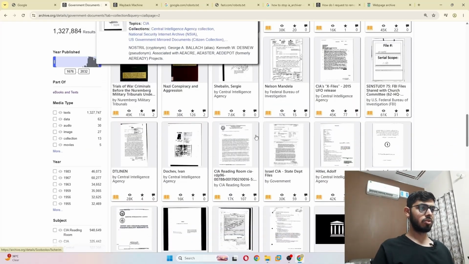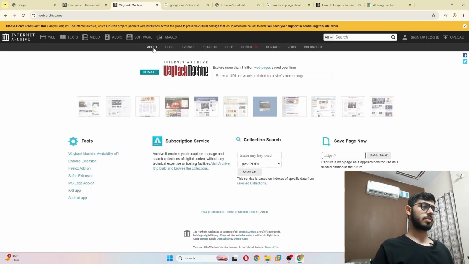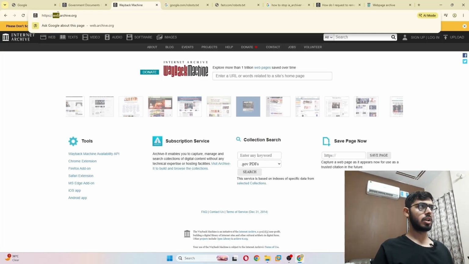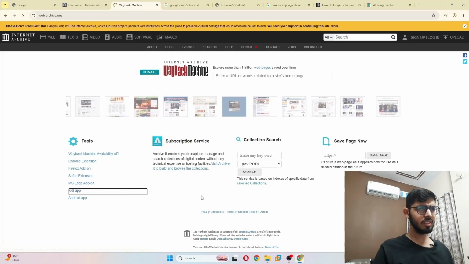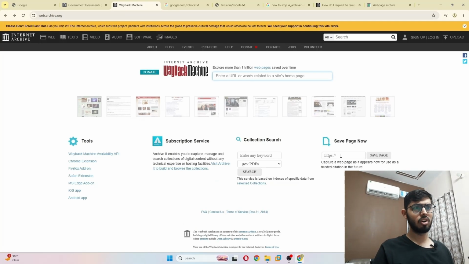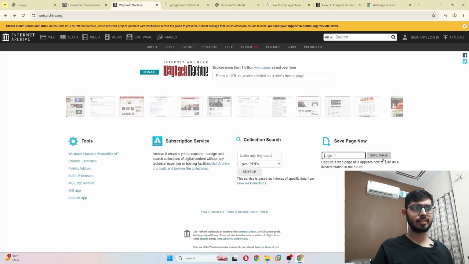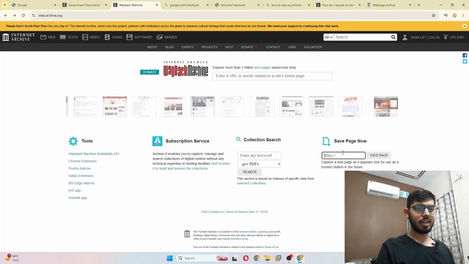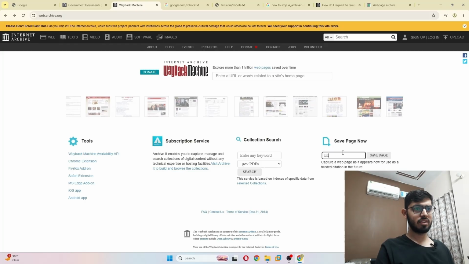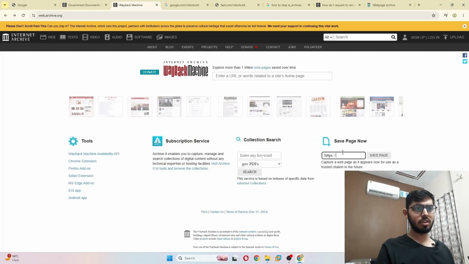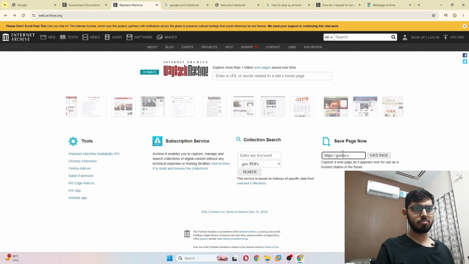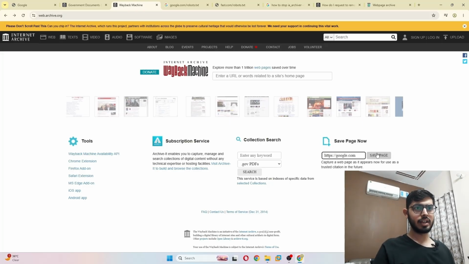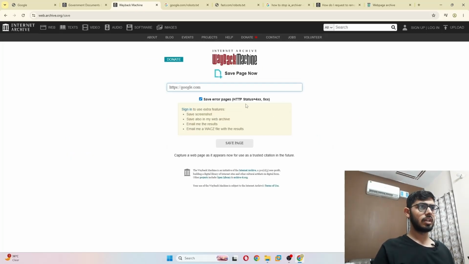If you want to store a certain page, what you can do is go to this URL, web.archive.org. You can put in your page URL here and click save page. So let's say I want to save a copy of google.com today. I'll click save page. You'll see, even if it gives an error, I'll click save,